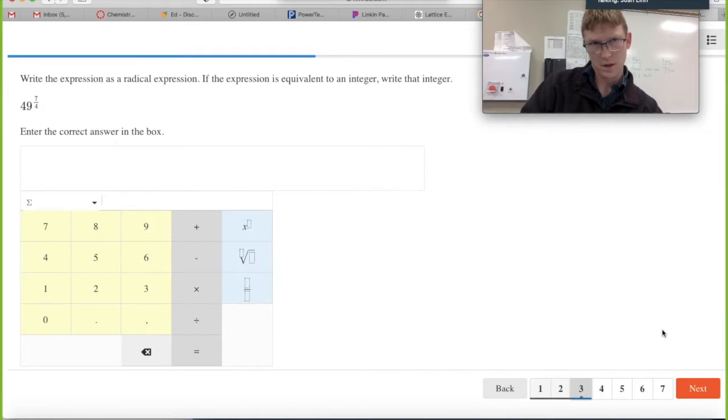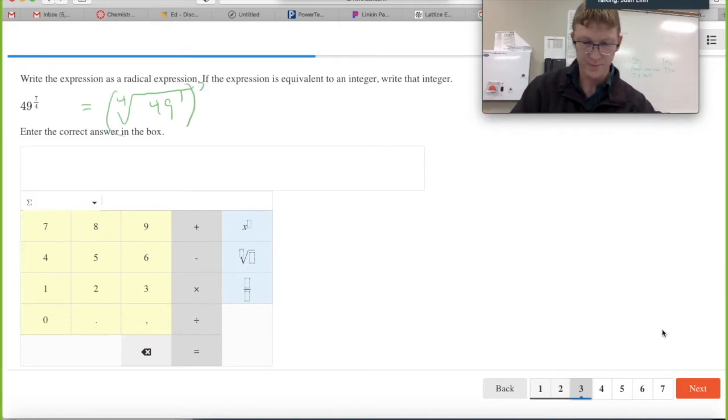So the radical version of this would be the fourth root of 49, and you can either put the 7th squared on the inside,